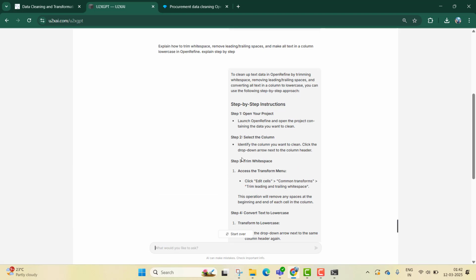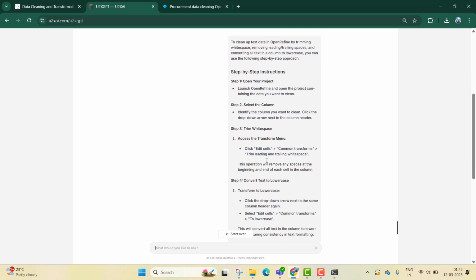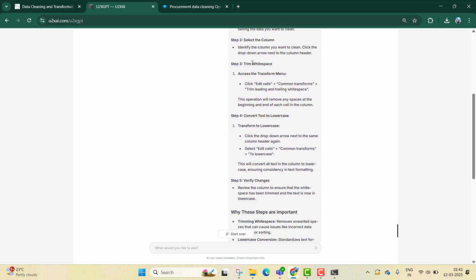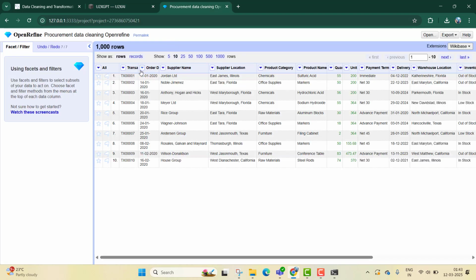They'll consider it as two different categories or two different values. So we need to go to each column, and click edit cells, common transforms, and trim leading and trailing white spaces. So we'll go here,